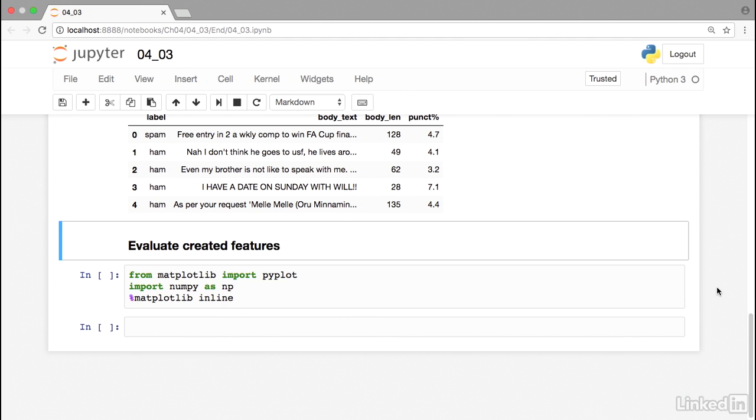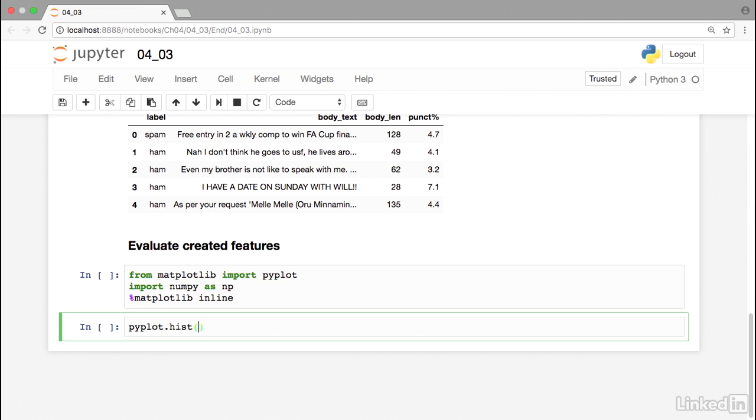As I mentioned at the end of the previous lesson, we'll use overlaid histograms to look at the value of these created features. So we're going to import pyplot from matplotlib, and import numpy and store it as np. And then we're going to tell Python to print out matplotlib inline right in our notebook. The function call to build these histograms is pyplot.hist. Basically we're going to build 2 histograms. The first is going to look at the distribution of our body length for spam, and the second one is going to look at the distribution of body length for non-spam. That's how we're going to use these histograms to see if this newly created feature is helpful for distinguishing